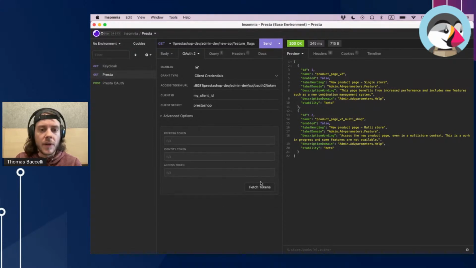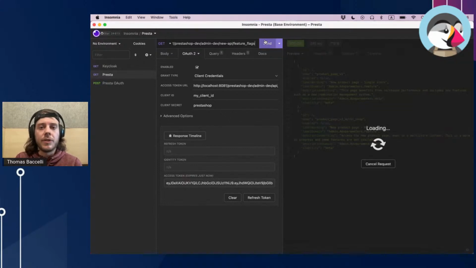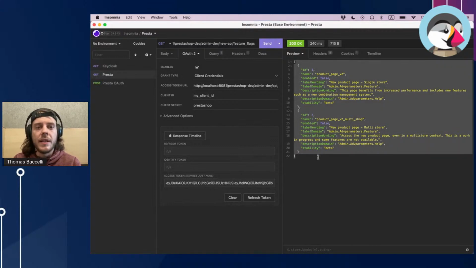If I clear the token for now and then fetch a new token, I have this here, and I can use this token to query the feature flag. If I send the request, I get the response from the API. And what is